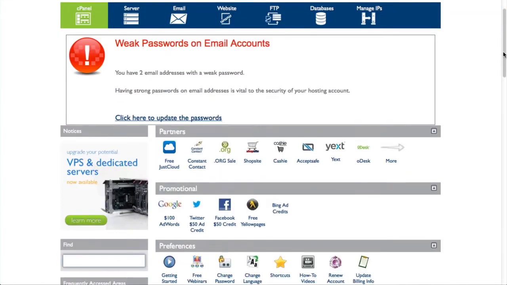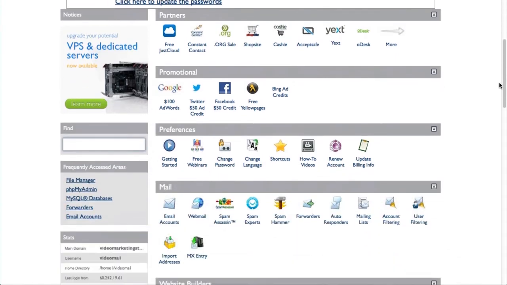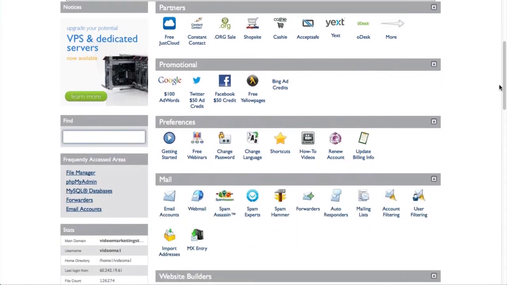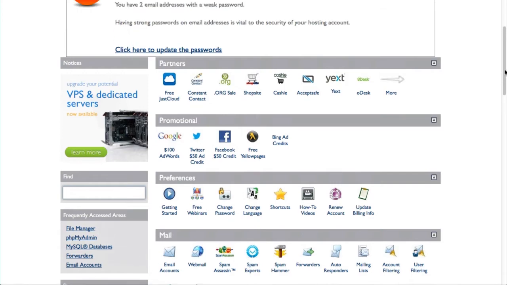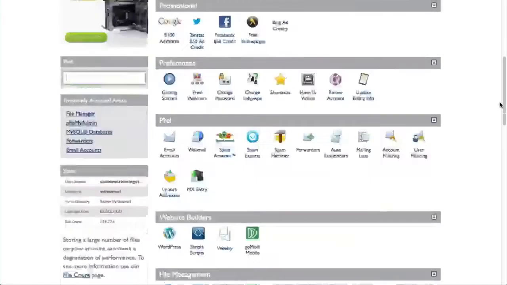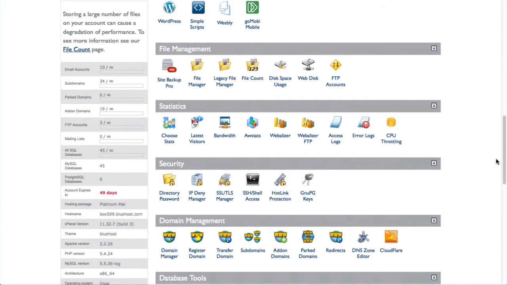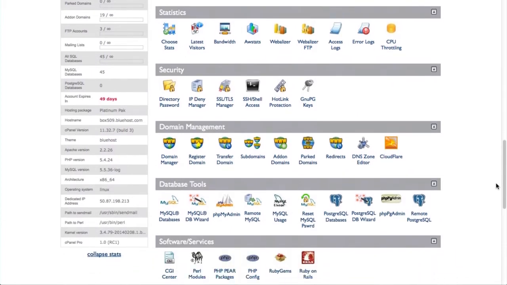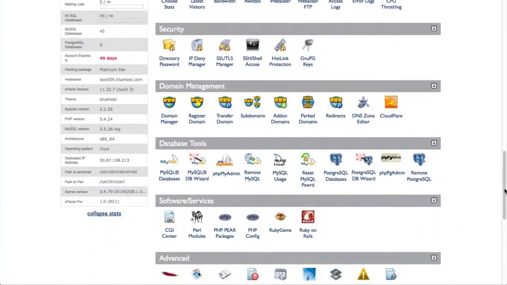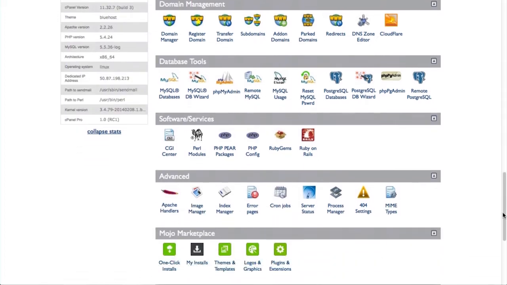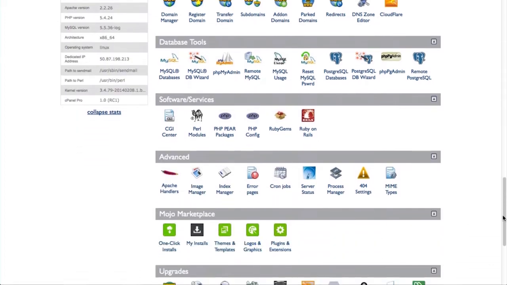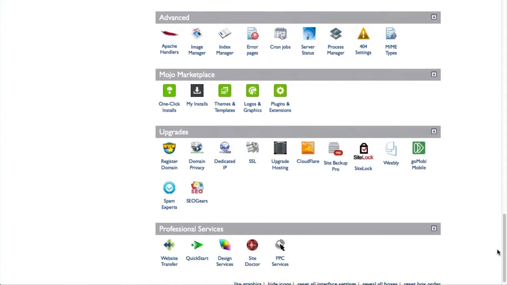Now, there are two ways to go about this. The easy way is to simply get your web host to do it all for you. So for example, here I am in my web host cPanel, and you can simply come down to, say, here, upgrades and SSL. If you click on that,